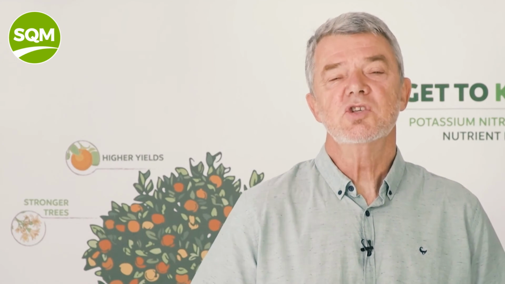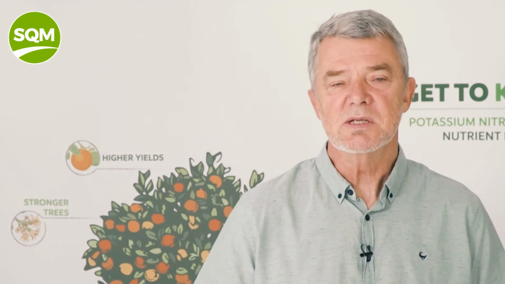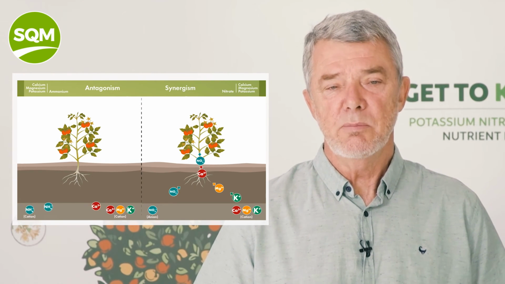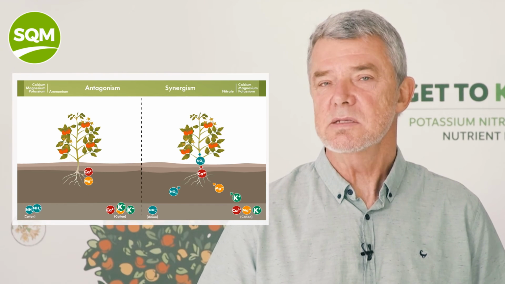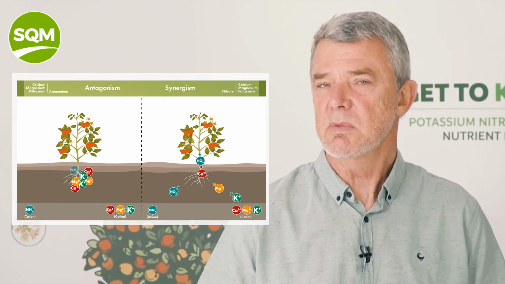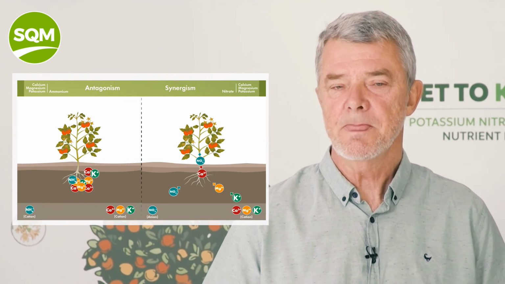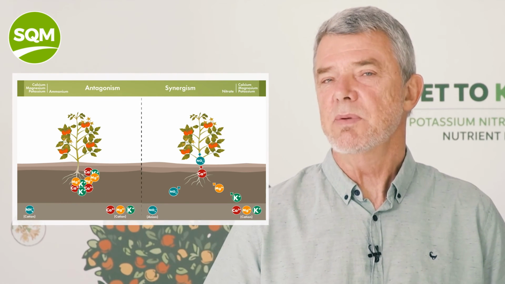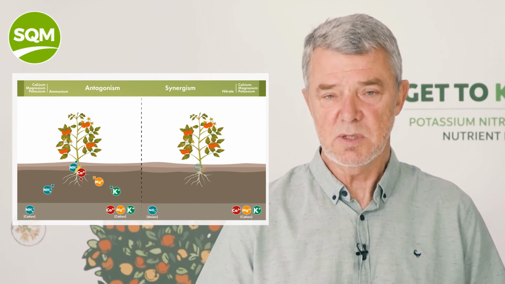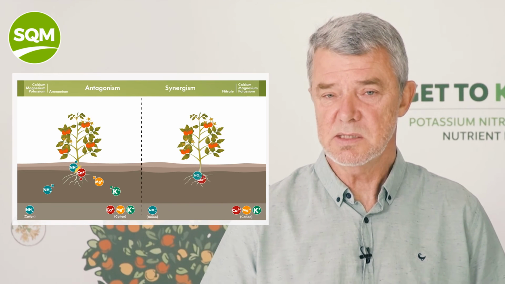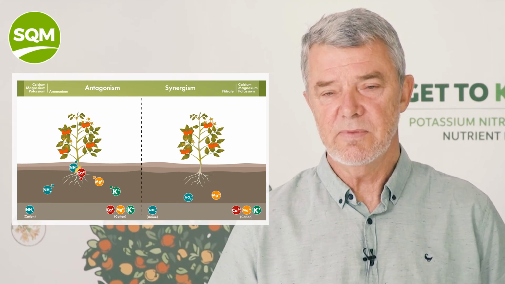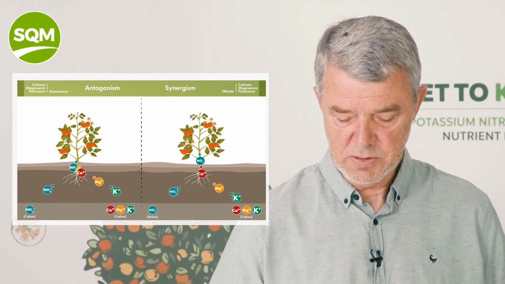If we look at the synergistic and antagonistic relationships in slightly more detail, you'll see the picture on the left where the ammonium will compete with the other cations. As I said, from the ideal nutrient solution, your ammonium will compete with the uptake of calcium, magnesium and potassium. And if you look at the picture on the right, if you apply nitrate nitrogen, there's a synergistic uptake between your calcium, magnesium and your potassium. So the nitrate definitely enhances the uptake of the other cations into the plant.